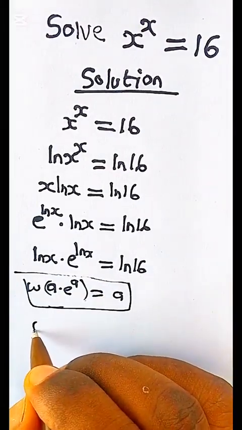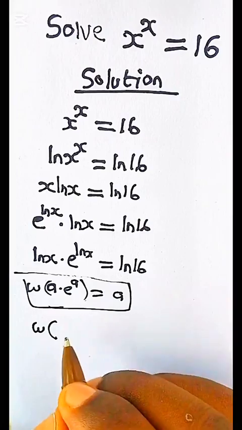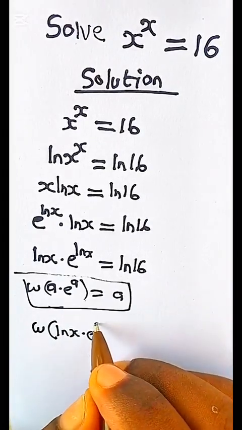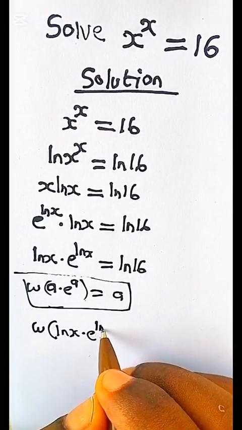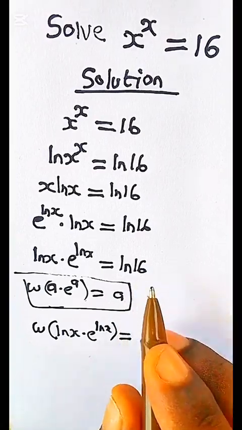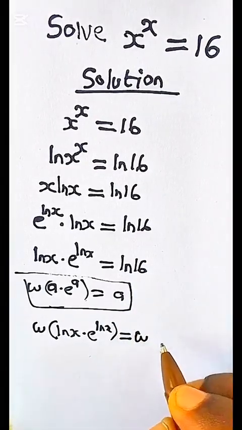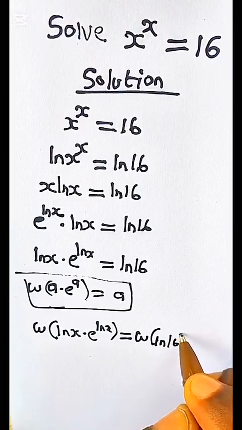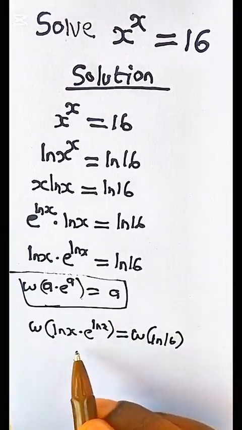So we have Lambert W function of ln x multiplied by e to the ln x equals, this one too, Lambert W function of ln 16. So going by the formula here,